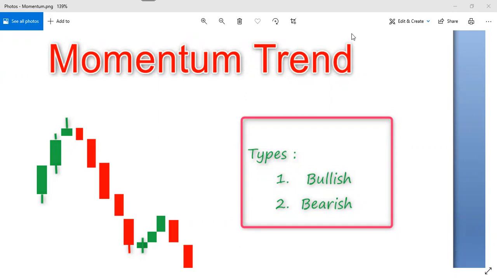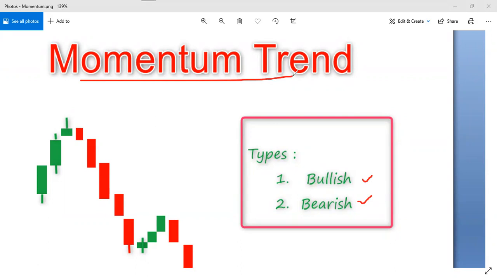Normally we have so many momentums in the market. Here I have specified only two types of momentum. Okay, one is bullish and one is bearish. You can ask what the other momentums are. There is a fast momentum and a slow momentum, and that is also based on the time to be entered. Whenever you trade in this type of momentum pattern, we must be aware of the time to